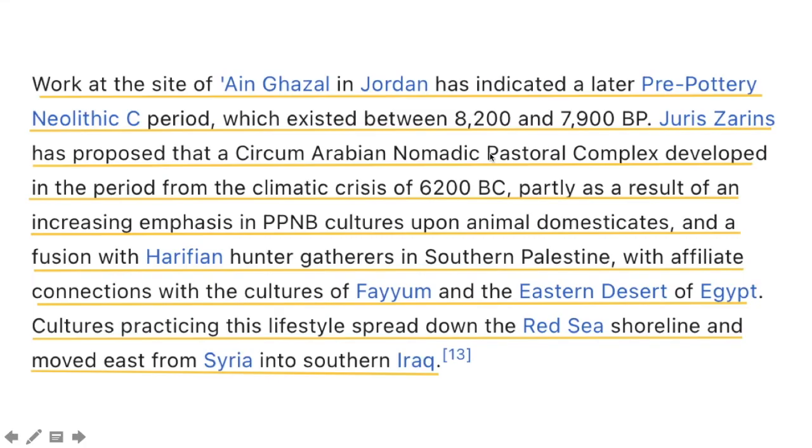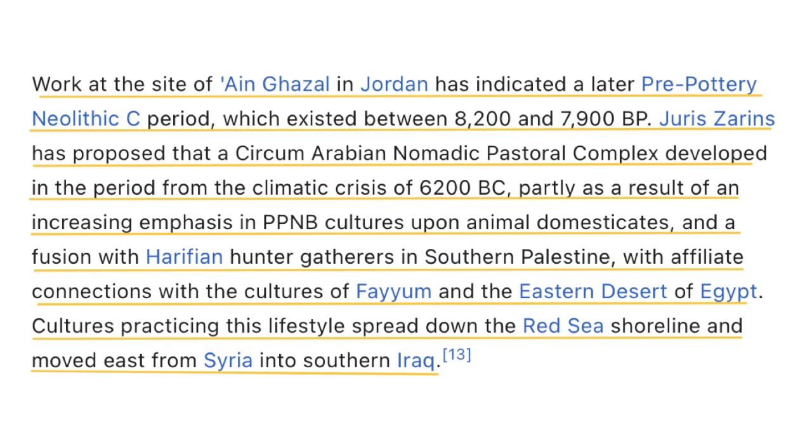So work at the site of Ain Ghazal in Jordan has indicated a later Pre-Pottery Neolithic C period, which existed between 8,200 and 7,900 BP. Juris Zarins has proposed that a Circum-Arabian Nomadic Pastoral Complex developed in the period from the climatic crisis of